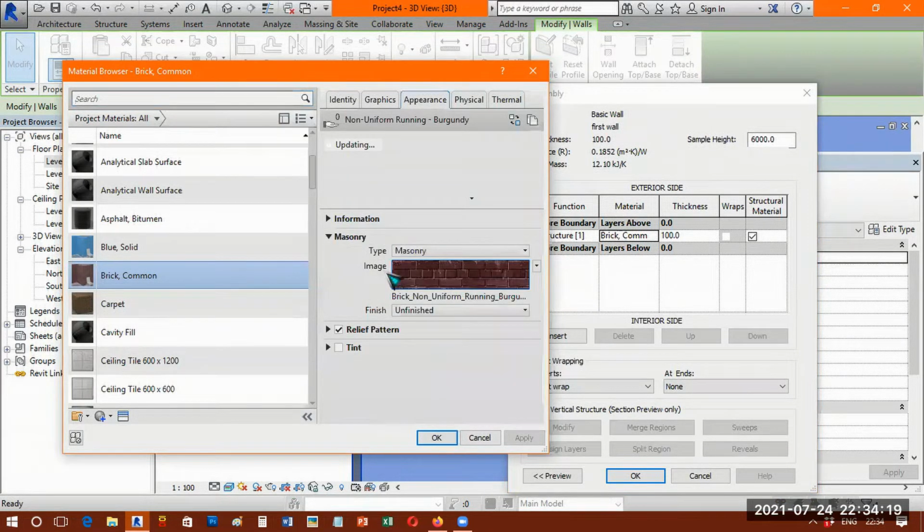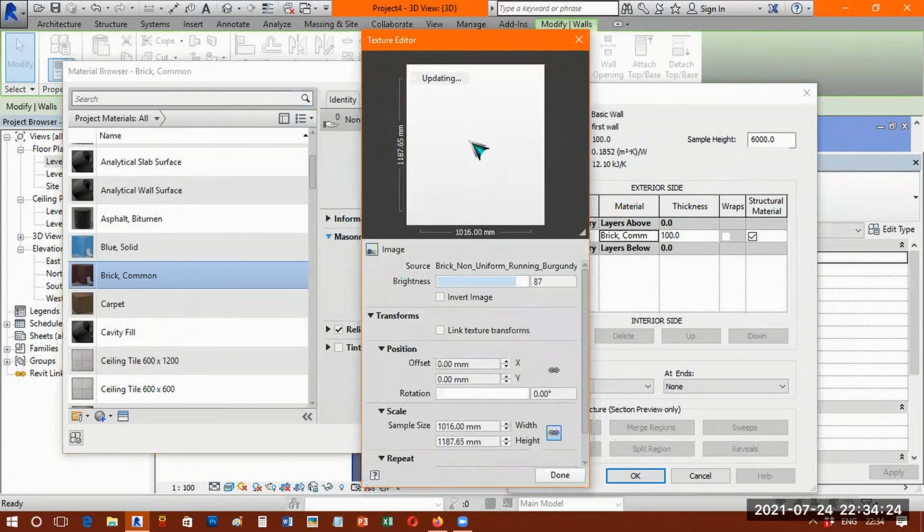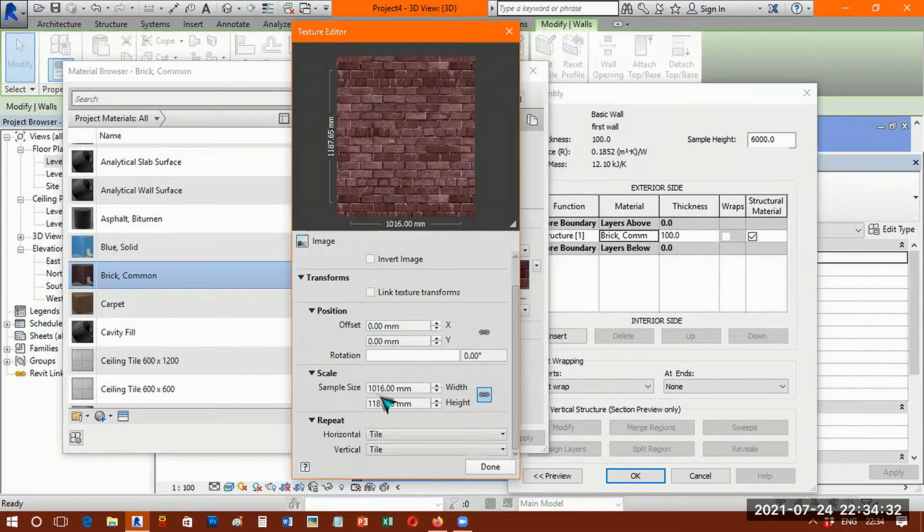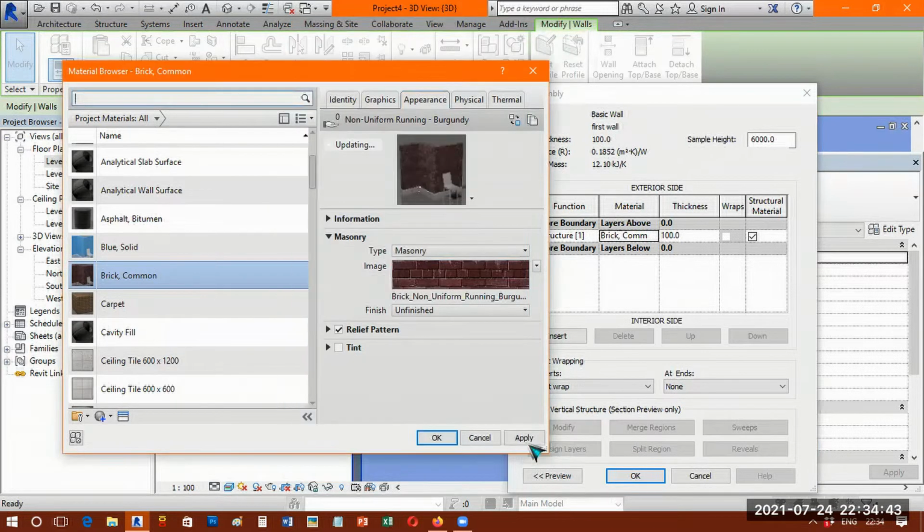Double click on this image, so we will get one more panel. In this I can set brightness, position, scale options. Let me increase the scale. This is 101 mm. Let me set it to at least 3000. I'm going to increase it to 3000 mm. Okay, let me say done. Let me say apply.